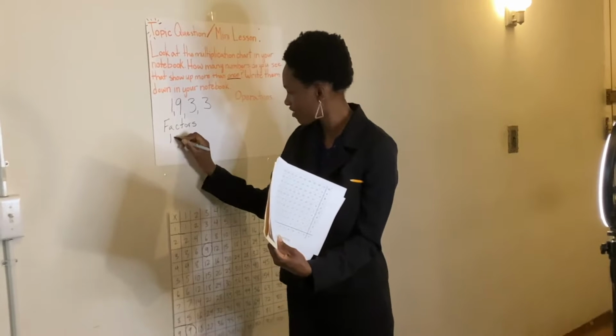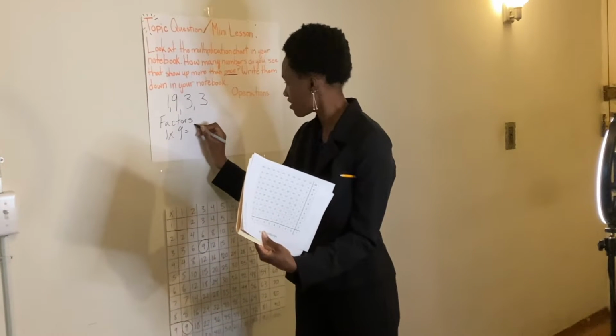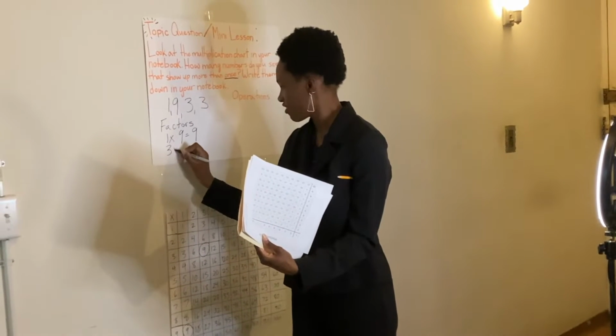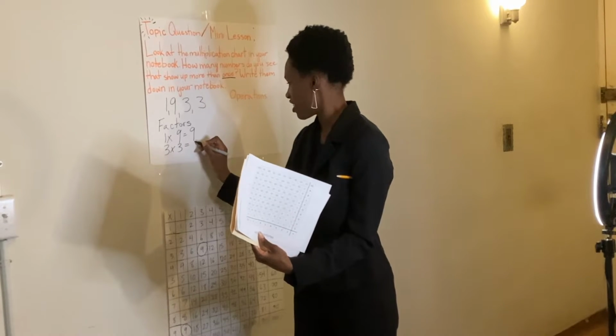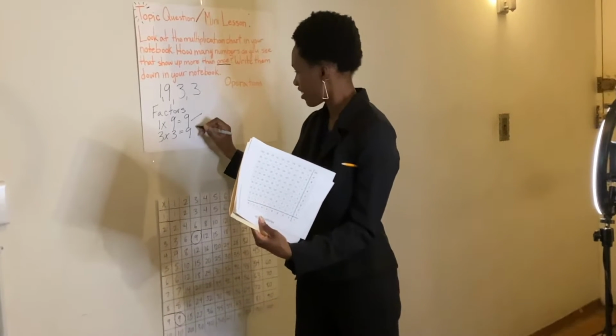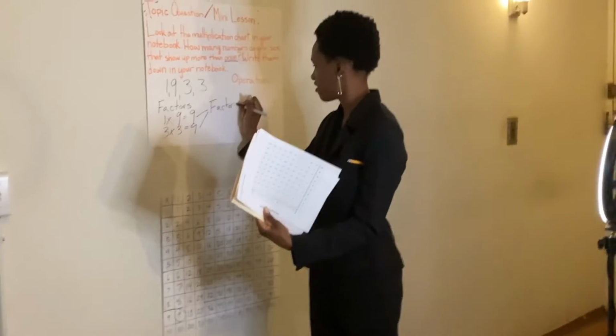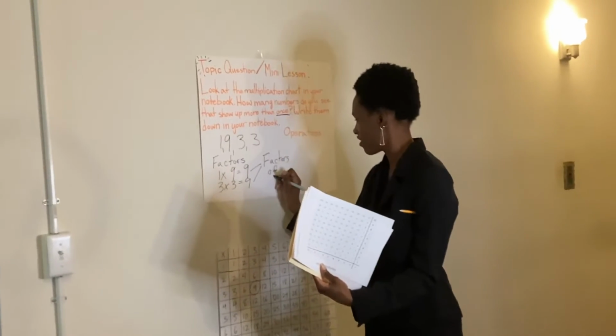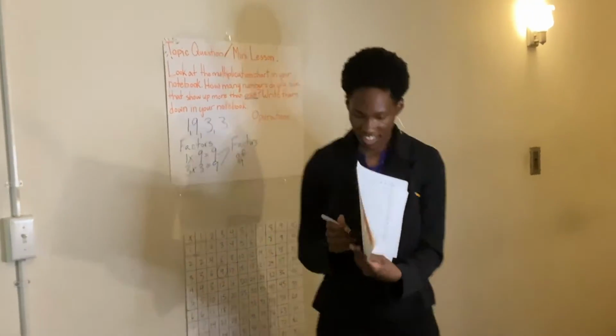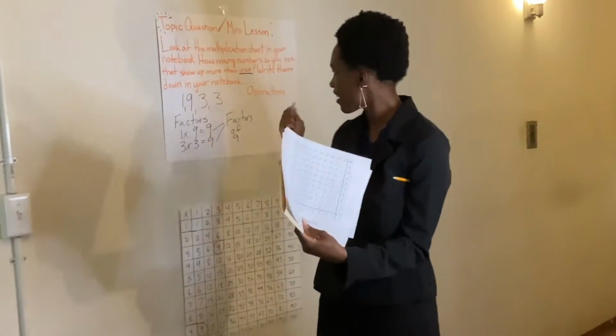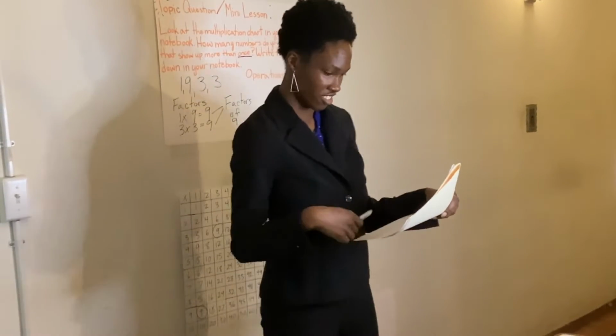Because 1 times 9 is 9, and 3 times 3 is 9. They both equal 9, so they're both factors of 9. So why don't you go ahead and write that down in your notebooks